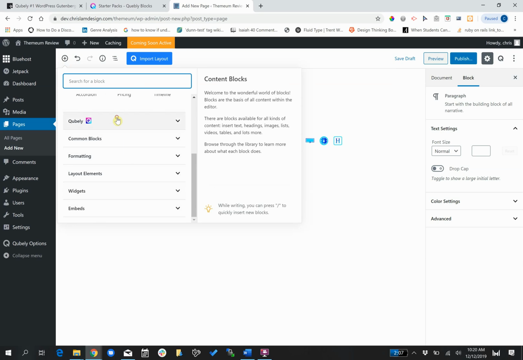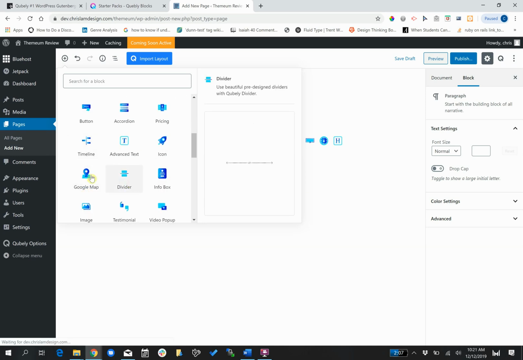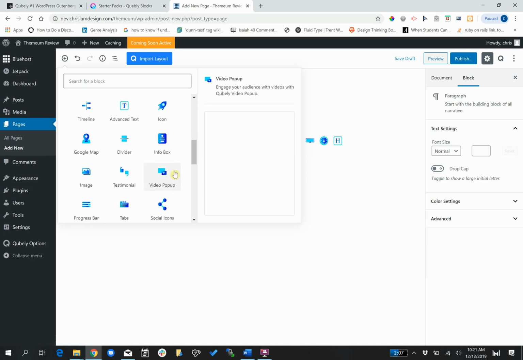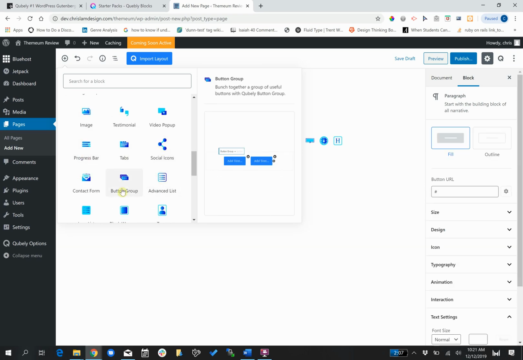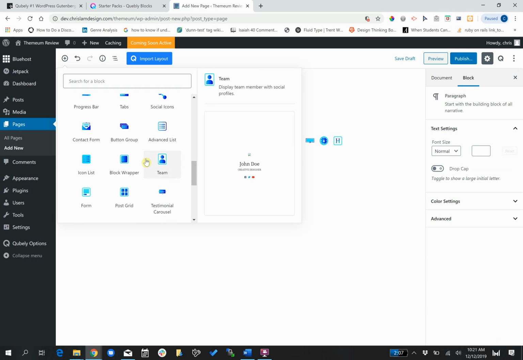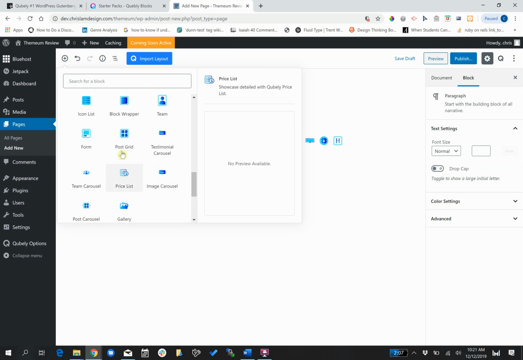So if you click the plus, you can see the blocks are divided. These are all the WordPress defaults, and then the Qubely blocks have their own section. What I really like about this, which I haven't seen in any of the other plugins, is the preview. The preview section is really nice to give you an idea of what it is they're talking about and what it's going to look like when you pop it in your page. So again, I'm not going to go over each and every one of these, but they've got a wide variety of